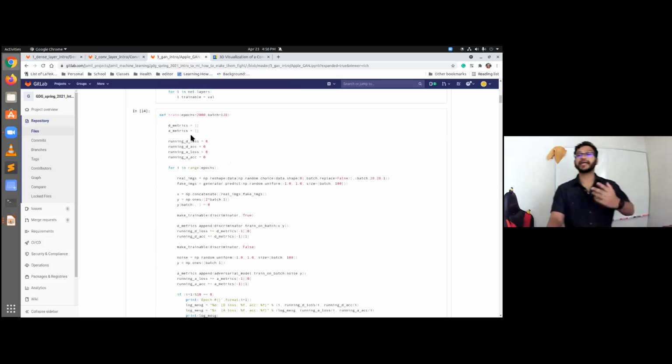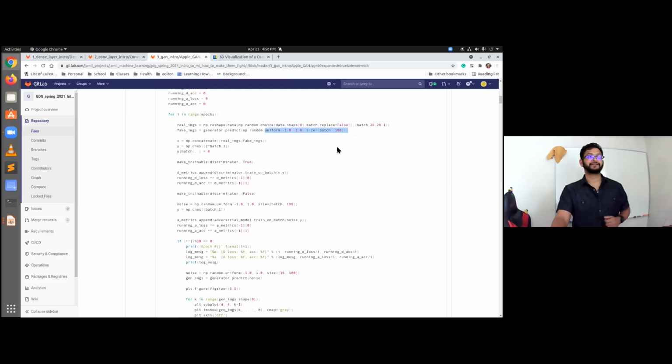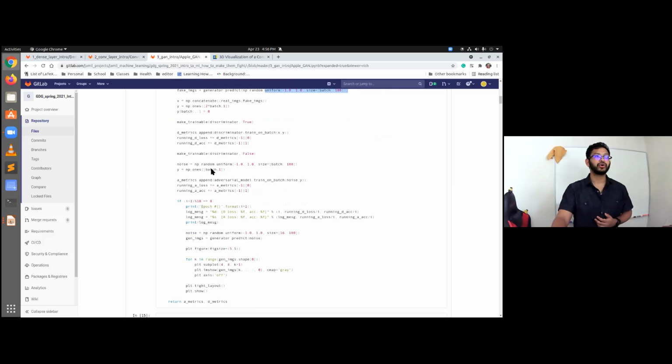So now we're going to train our model and see how well we do. We're going to get the real image, which is essentially the data, and we're going to have a fake image, which again is some random noise. From there, we're going to train our adversarial model and train our discriminator.